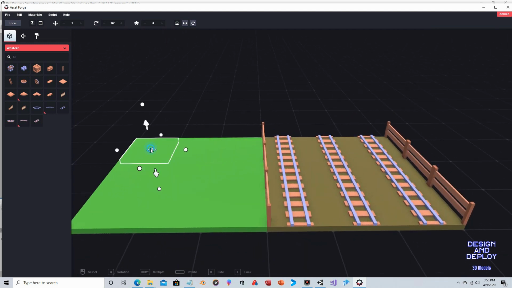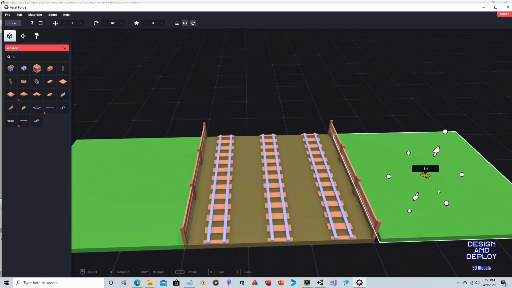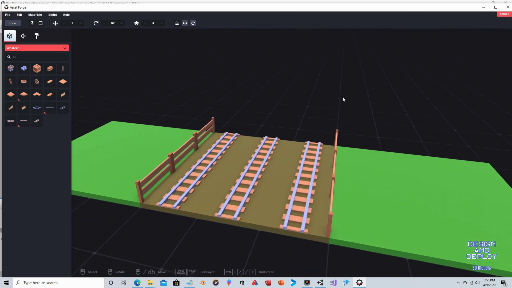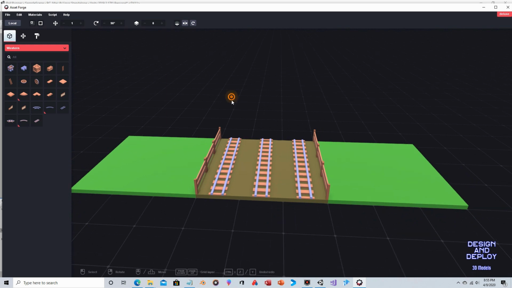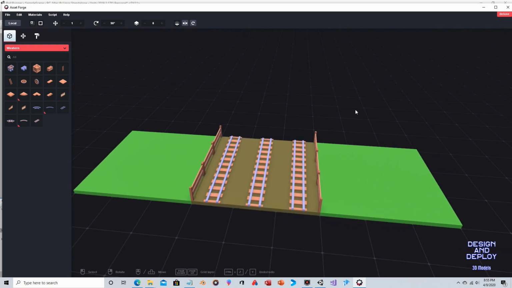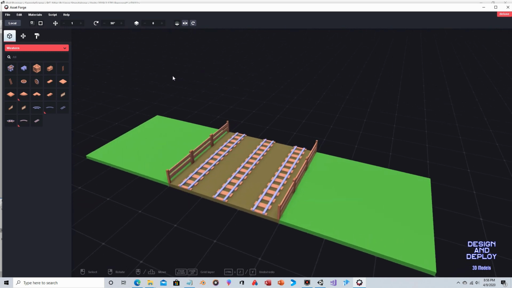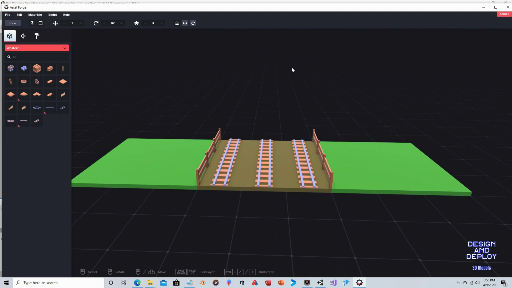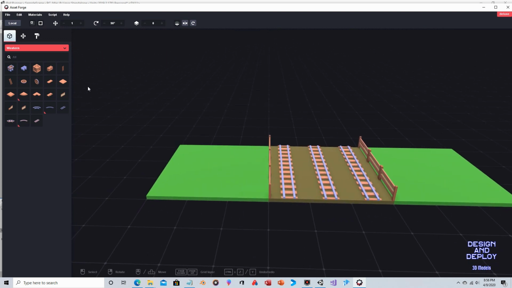And so now we can copy this whole thing. Control D, and now we slide this over. There we go. Well, like I said, even with the camera pointing down at this, you're still going to be able to see off in the distance. So the grass will take care of some of the things, but you're still going to need a slope for the upper corners. You could put a building or something, but we're just going to put